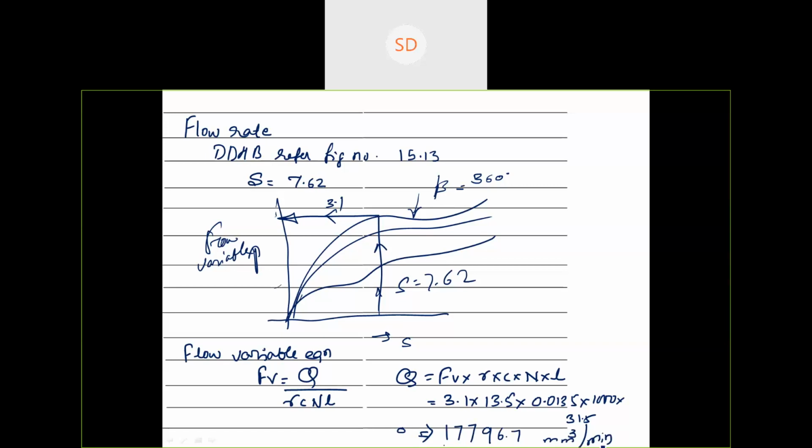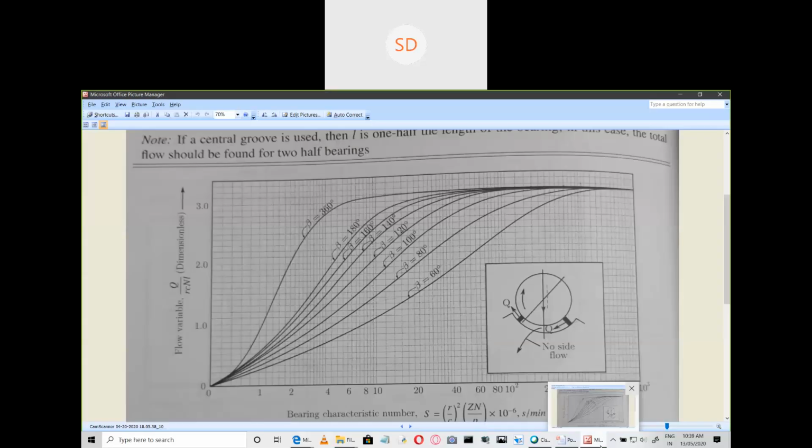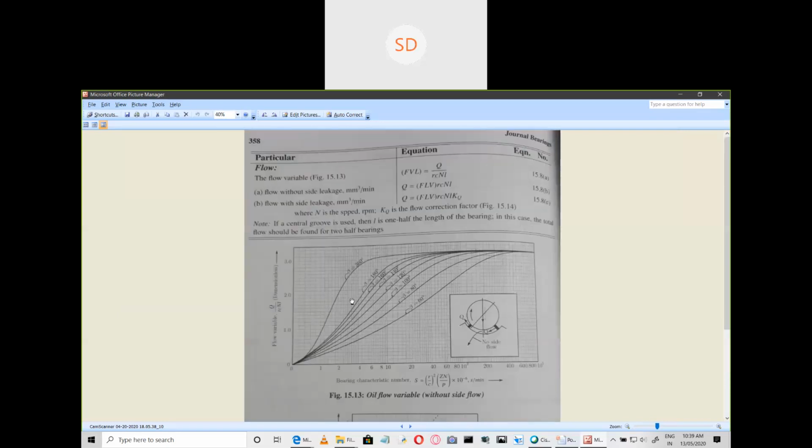This is mmq per minute. So just check it. What is the unit here for flow variables in equations? You have an equation for flow variable. I think it's mmq per minute, right. This is what equation number